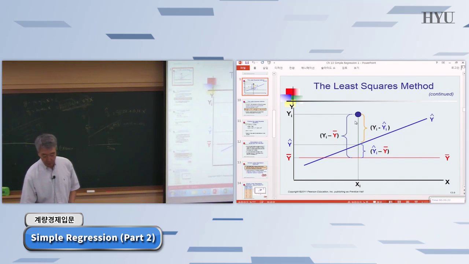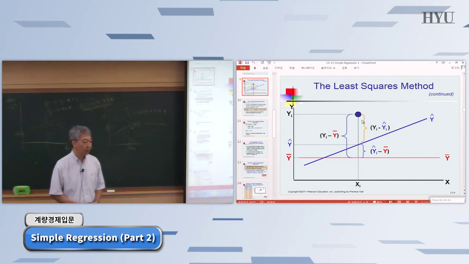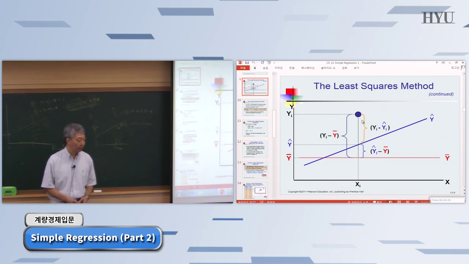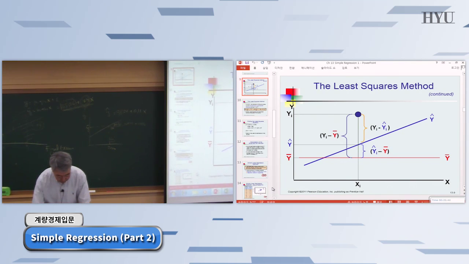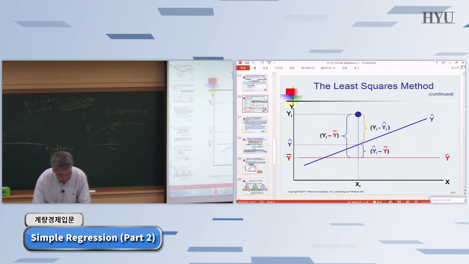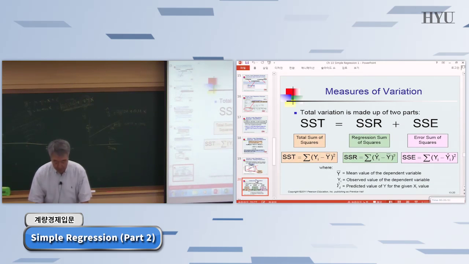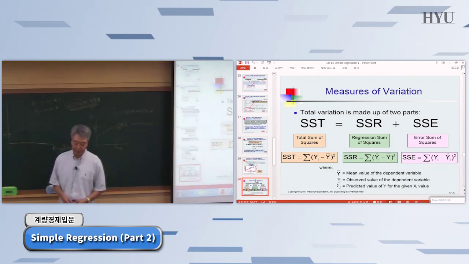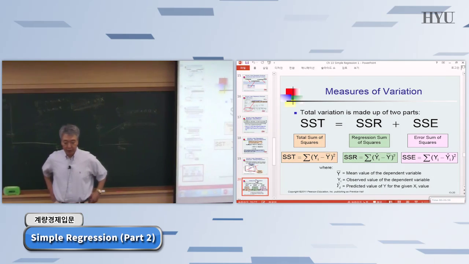And yet, you made this error because actual tomato crop size came out to be this high, right? While you predicted only this much, right? So this difference is the error. In other words, unexplained deviation, unexplained difference, okay? Well, we have the same relationship here. So this slide is simply another way of putting it, okay? Instead of deviation,